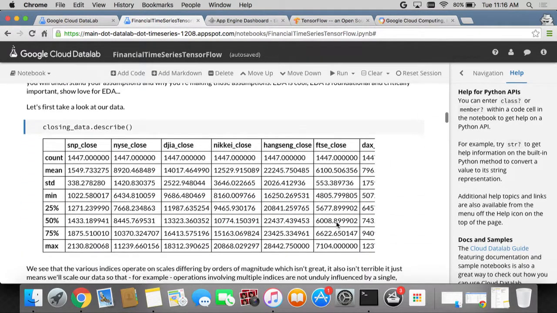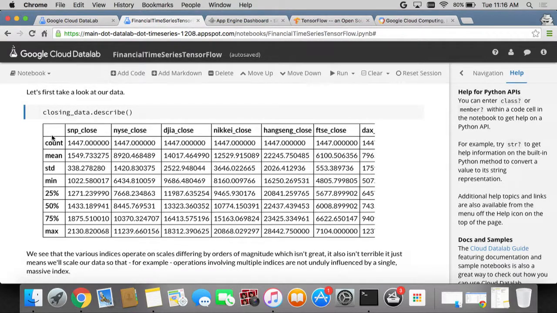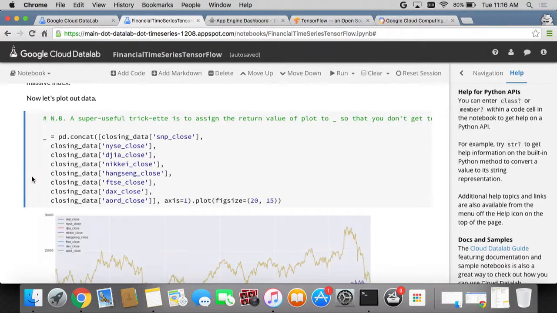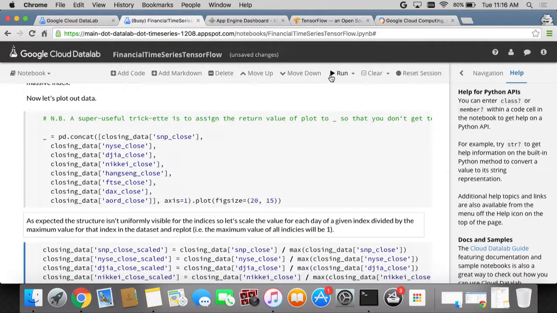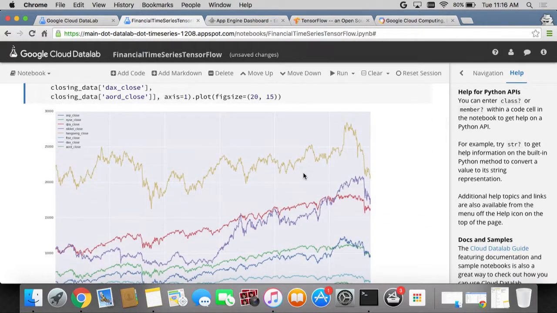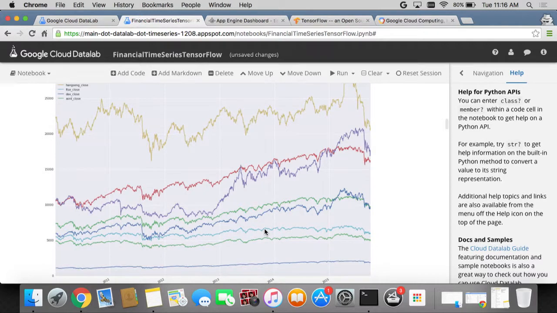So now we're looking at the data. You can use regular Pandas functions to describe the data. You can also start building some actual graphs, and this is running on the back end. You can see that we look at the evolution of the different markets, and this is the type of graphs that we get. So they're not really